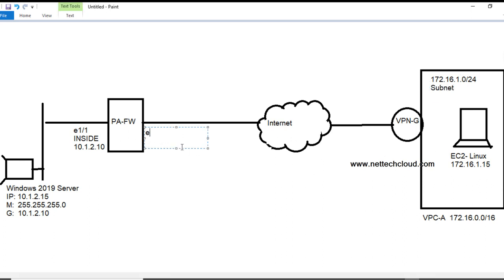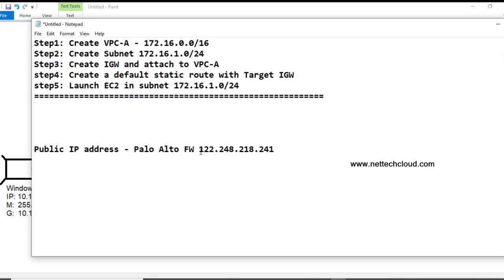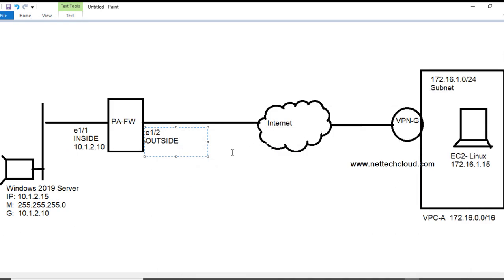And this Ethernet 1/2 is in the outside zone, and its public IP address is 122.248.218.241.